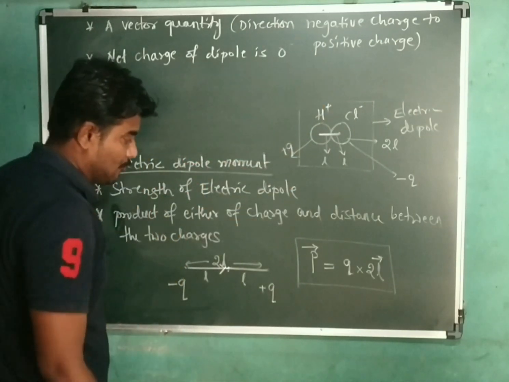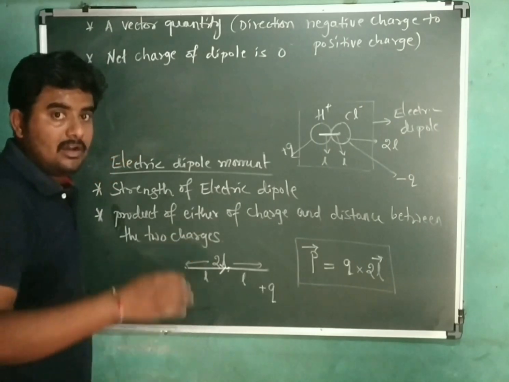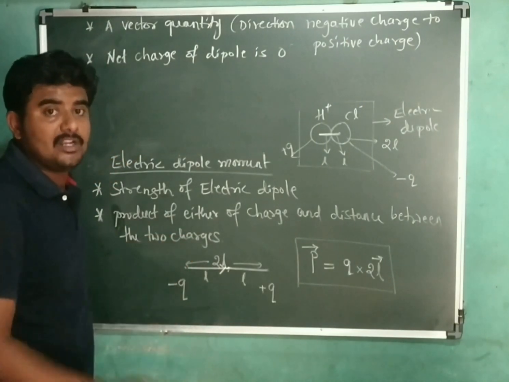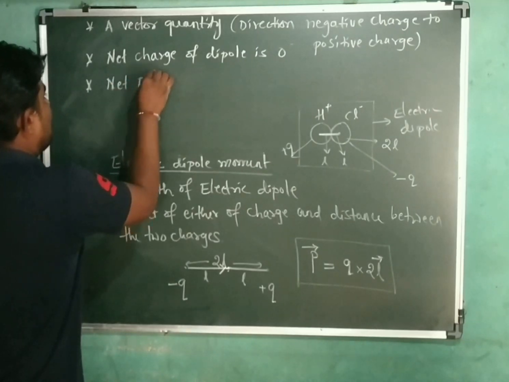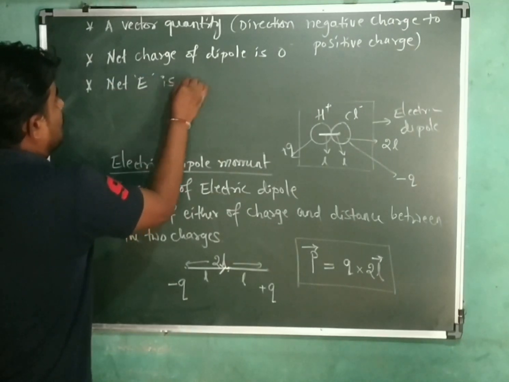But net charge is 0, but net electric field is not going to be 0. Electric field is not going to be 0. Net electric field intensity is not 0,